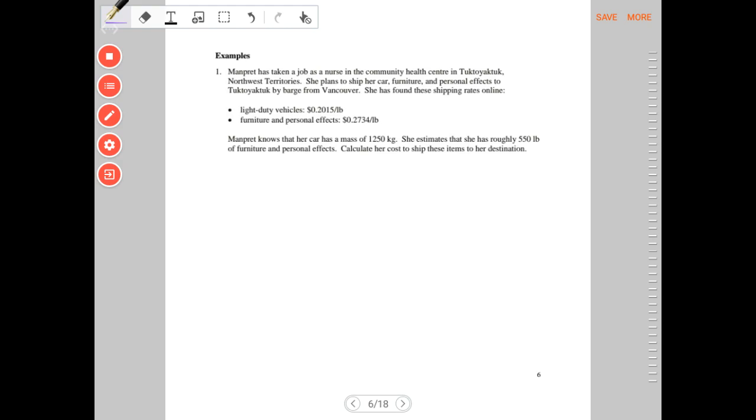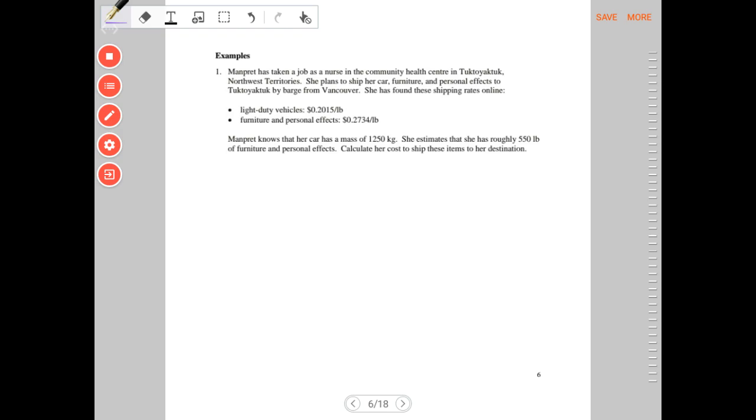It's going to use the same skills we just did in the practice. But again, if you want to watch the video and do it with me, then great. Again, if you want to pause the video and try it by yourself and then check your work after, that would be terrific too. Okay, Manpreet has taken a job as a nurse in the Community Health Center in Tuktoyaktuk,